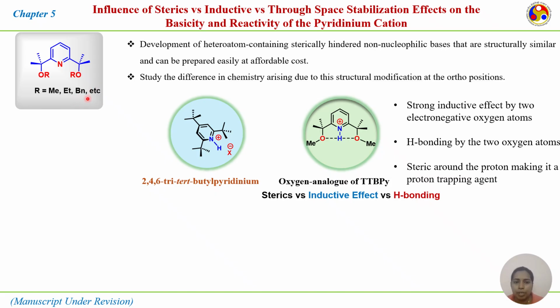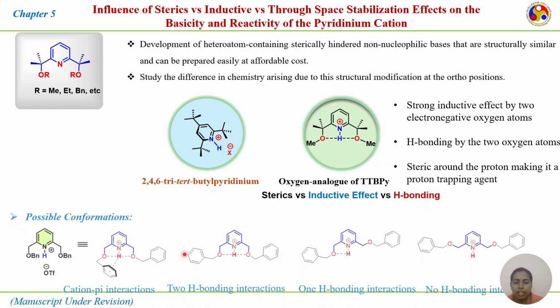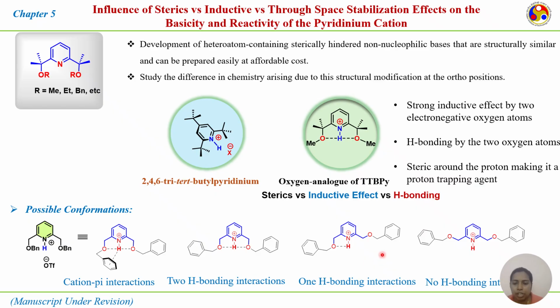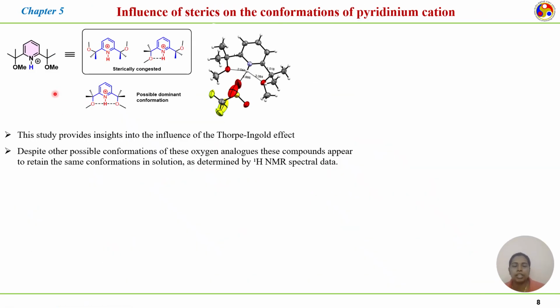can be prepared easily, at affordable cost, and we have studied their difference in chemistry arising due to this structural modification at the ortho position. If you see, there are 4 possible conformations, but from crystallographic structure, this no hydrogen bonding interaction conformation is the most dominant conformation. In case of methoxy triflate salt, there are 3 possible conformations, but from crystallographic structure, due to steric effect, this 2 hydrogen bonding interaction is the most dominant conformation, and this study provides the influence of